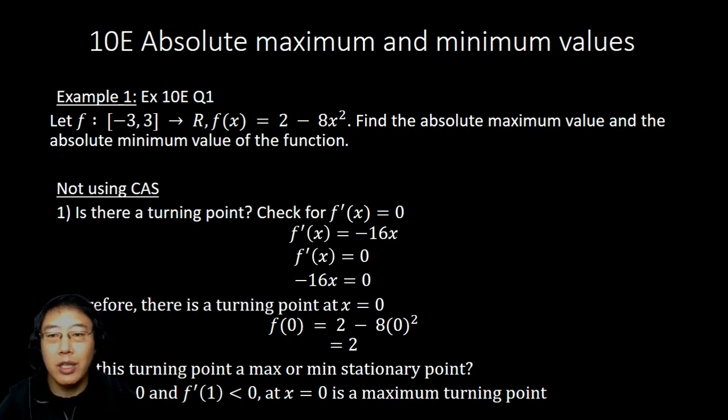The general technique is you have your function over that interval, and it is asking you to find the absolute maximum and minimum value of the function. First, determine if you have a turning point. Depending on the situation, if you have or have not a turning point, then you start looking at the values on the boundaries to find your